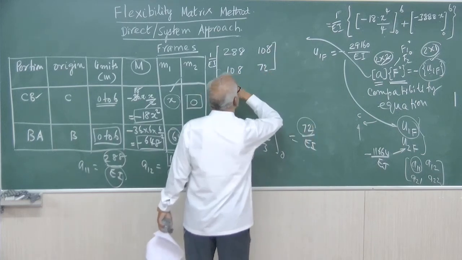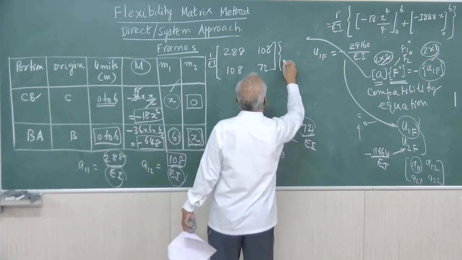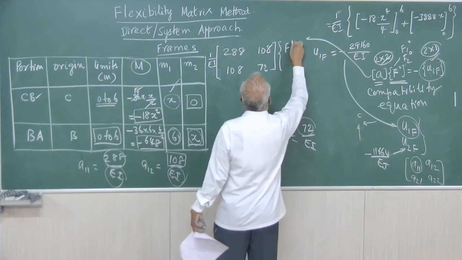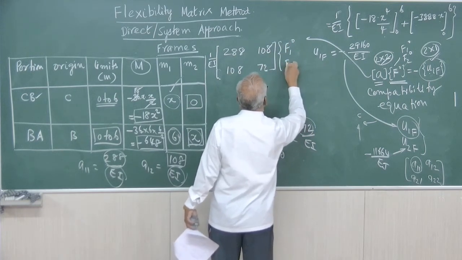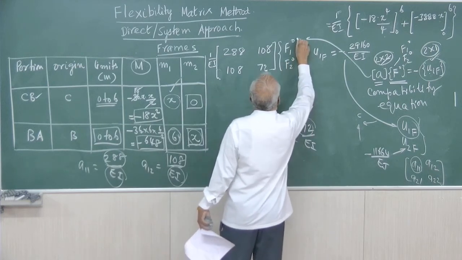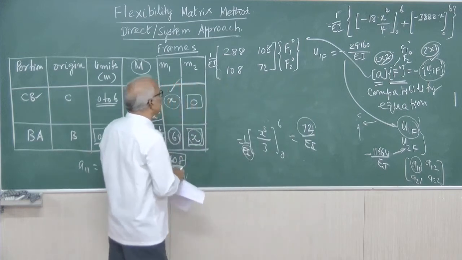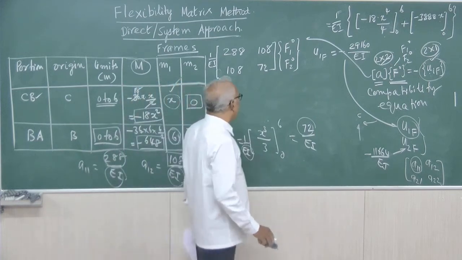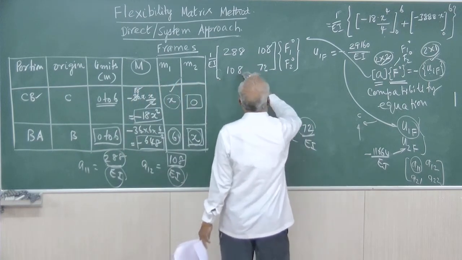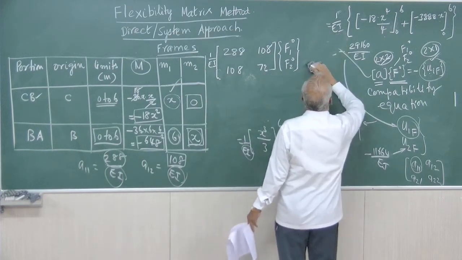This is the left hand side. The redundants are F1 naught, F2 naught. We have applied without knowing the value of F1 naught and F2 naught. We have assumed unit value of F1 naught and F2 naught in getting the A matrix. Right. Equal to